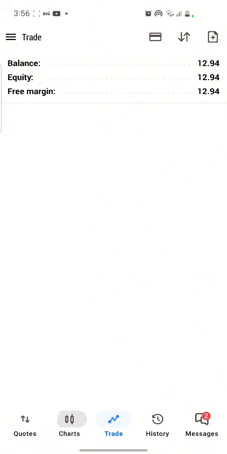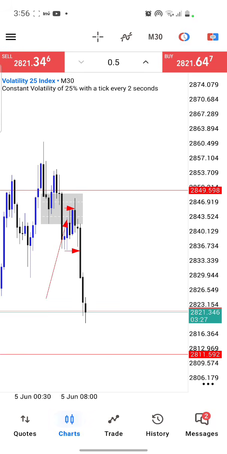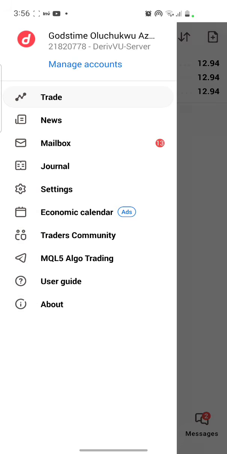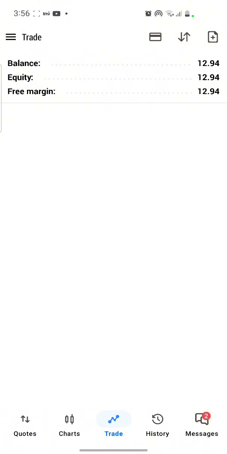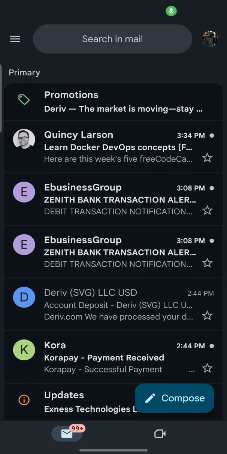But this is actually to tell you that our strategy works well in a synthetic account too. It does not really matter the market you are trading, so long as you know the criteria, you know what you're looking for, you've got bias, you've got POI, you've got change of character in the lower time frame, then you've got entry. The strategy would always come true for you.